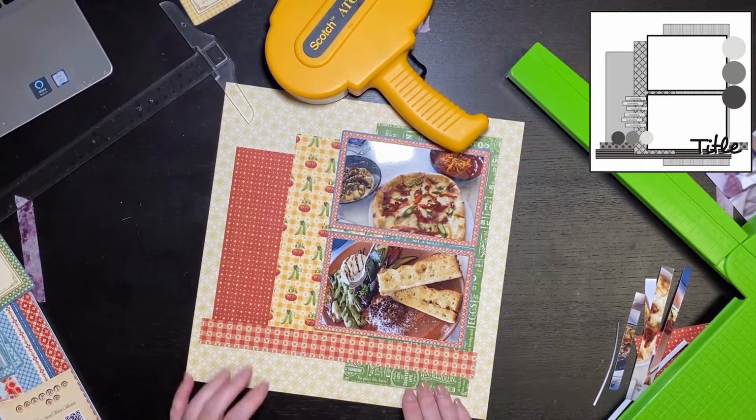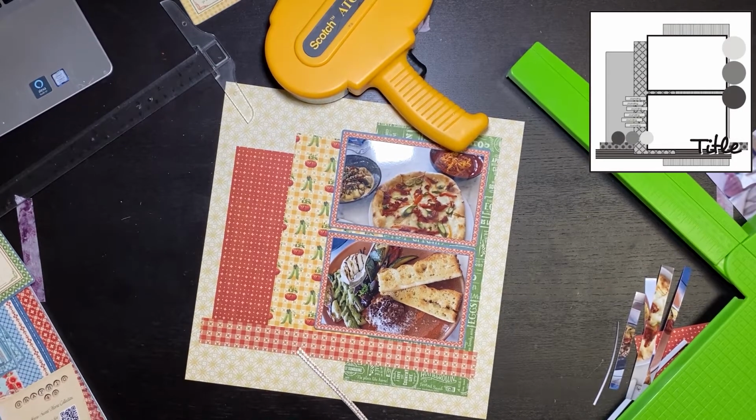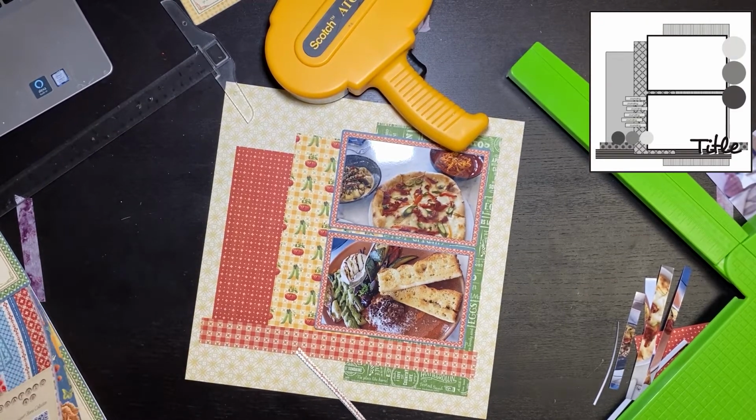I just love Graphic 45. Like I said, it can be a challenge to work with. I see a lot of mini albums. I don't see tons of layouts. When you go looking on Pinterest or even their own gallery, it's a lot of mini albums and cards,